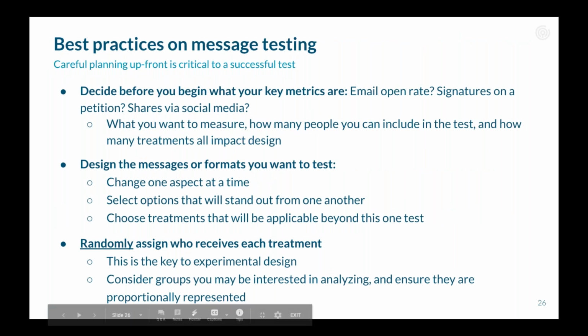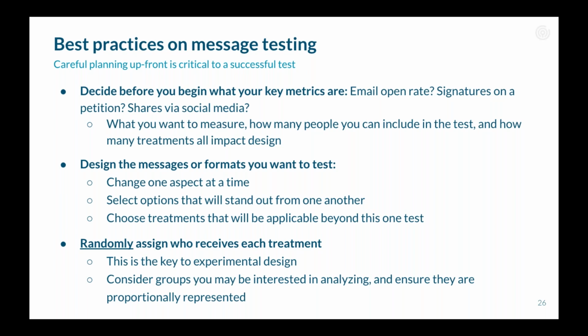If that seems pretty straightforward, then great. The most critical thing about any test is that the plan and design are set up front. So make sure you think through ahead of time what the key metrics or outcomes are, what messages or formats you want to test, and who your target population is. All those elements are difficult to change on the fly and impossible to change after the fact, and each element affects what the design of your test should be. When you're deciding on key metrics or outcomes, this is a good time to consult with others in your organization. Understand what they care about at the end of a successful campaign, and think about how you can measure it.